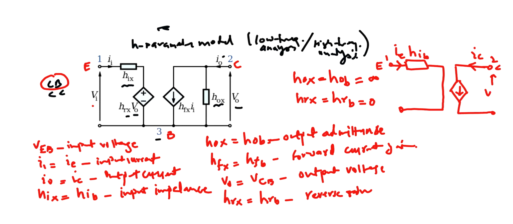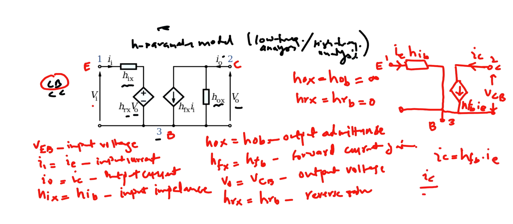This is your common terminal. You say that this is pin number 3, and that is your base. And this is your HFB times IE. Okay, so IC is your HFB times IE, and therefore IC over IE is a ratio of the currents, and this is